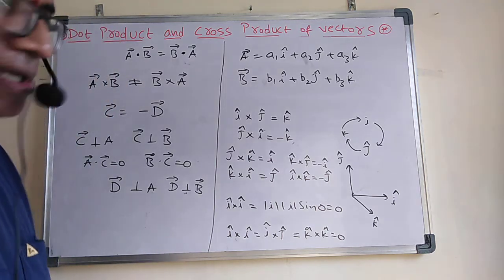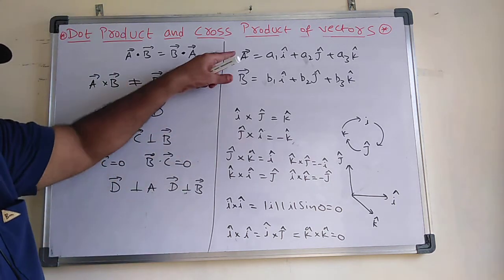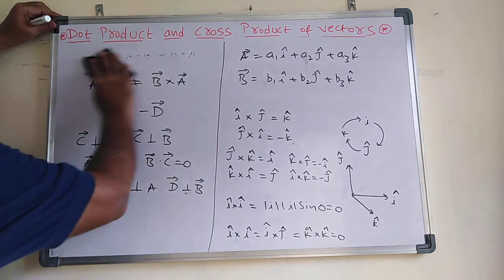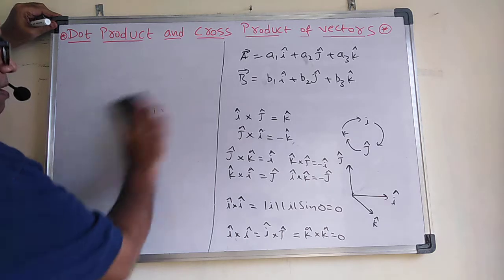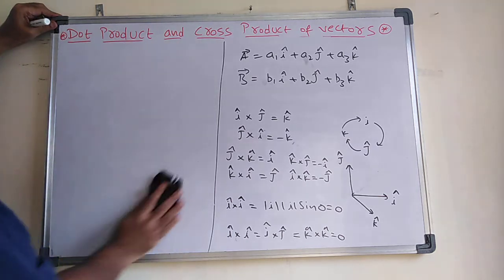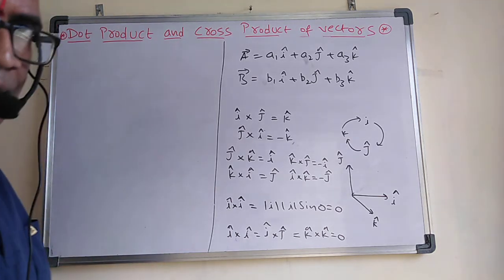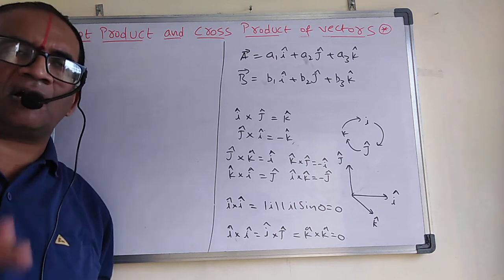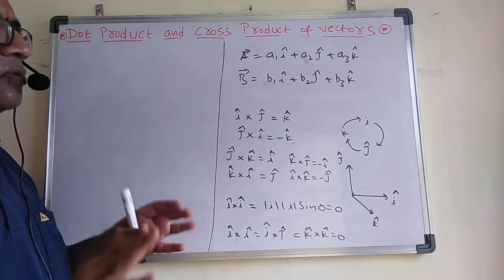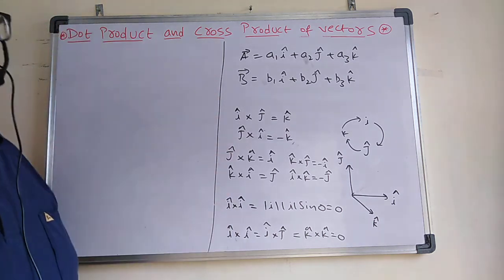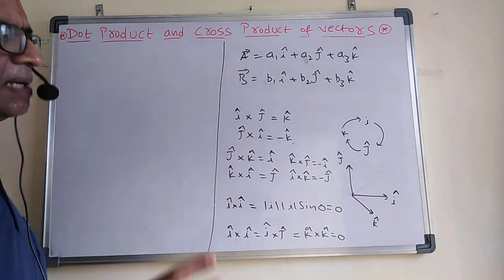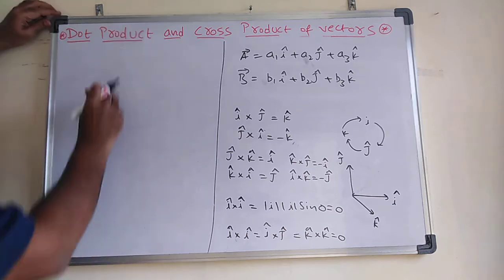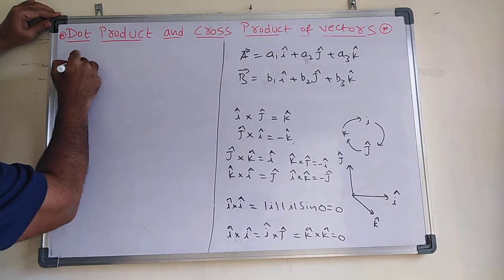Then how can we do a cross b here? For that we will follow the determinant method. Please don't memorize any formulae regarding this. Whenever they ask us to do the cross product, please follow this determinant method. That will be easy. Once you get practice, you can do it within seconds.